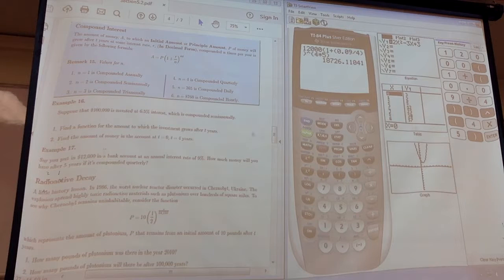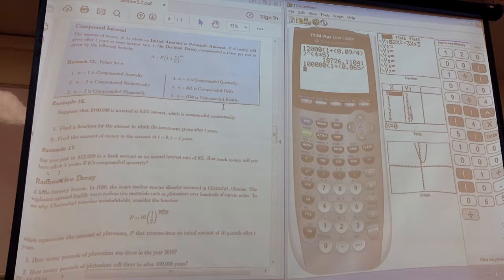So if we plug this problem into the calculator, we use the formula. Our initial amount is $100,000 times 1 plus your rate, which is 6.5%. As a decimal, 0.065, divided by